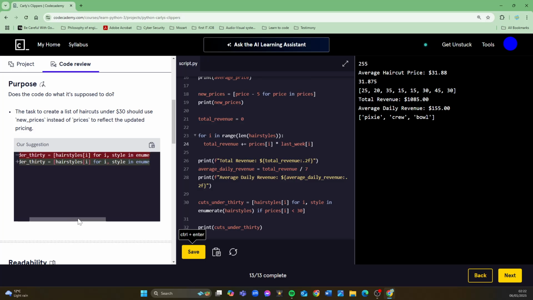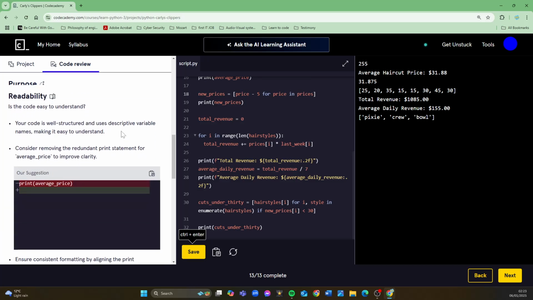For our cuts under 30 list, we put the if statement at the end. We said if prices[i] is less than 30, but it should have been new prices. So let's just change that, because remember we did a list comprehension already for a list called new prices.